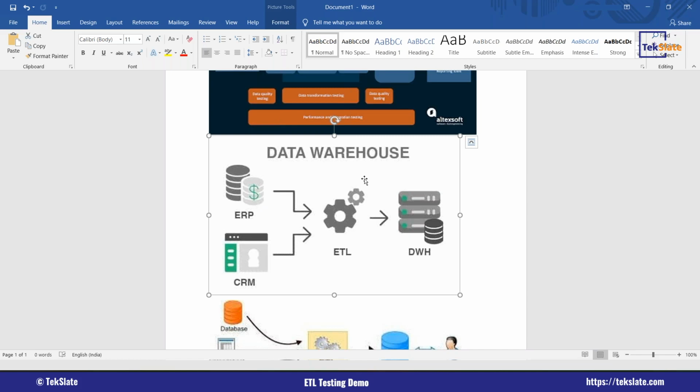So ETL stands in between the source database and the target database. The database can be in the form of anything. Mostly it is in the form of tables, but it can be other database sources also, as we can see. So this is the basic process where ETL comes in, and we will know more about other tools in ETL